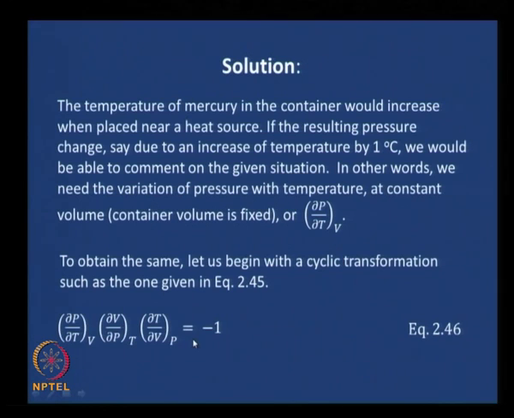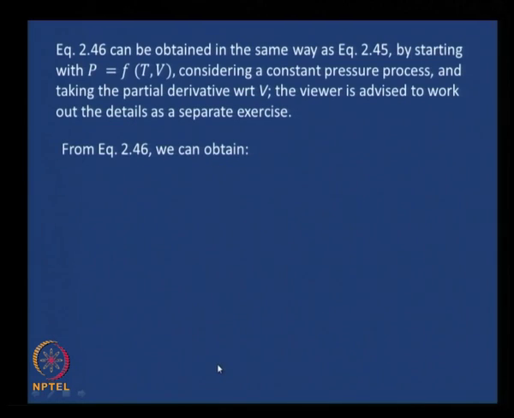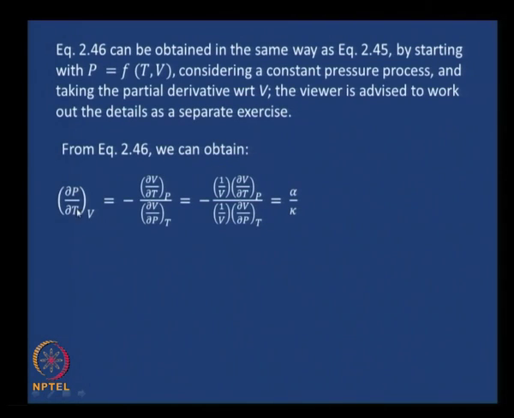This can be represented by transposing this particular equation in terms of these three quantities, and if we do that, we will have (∂P/∂T) at constant V equals minus (∂V/∂T) at constant P divided by (∂V/∂P) at constant T. In this case, we have taken the inverse because we know the variable that is held constant. Okay. If you want, you can go back to equation 246 in the previous slide and see how this comes about in some detail.